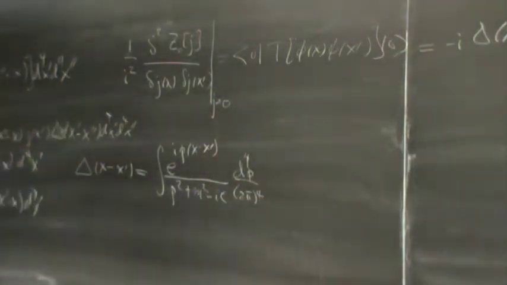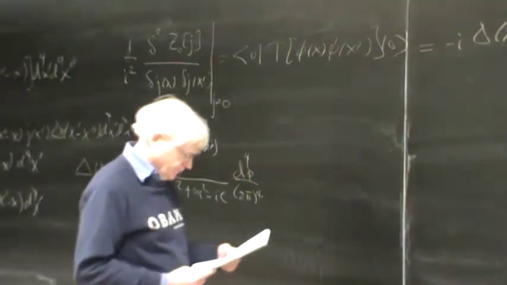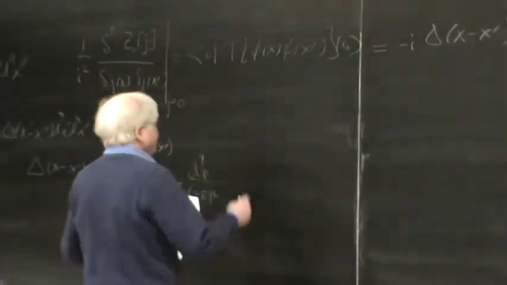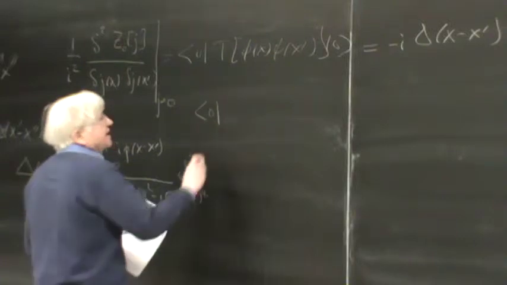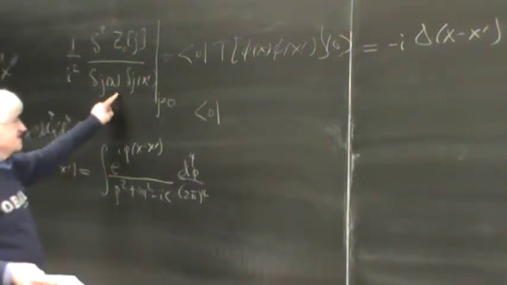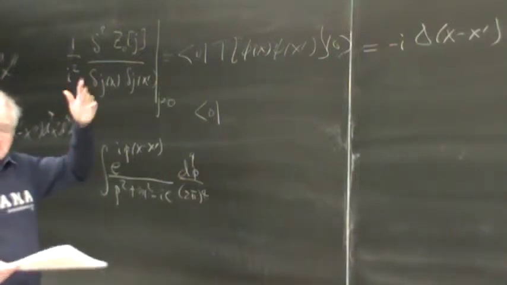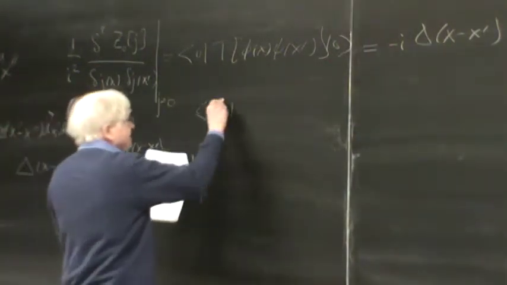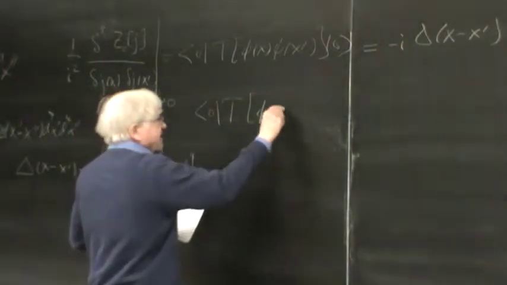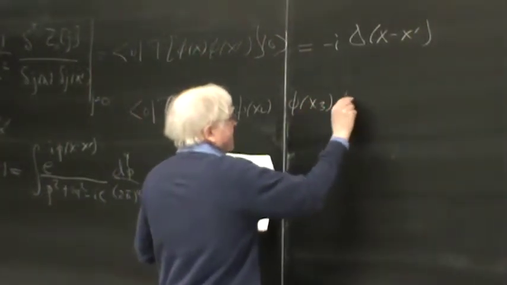So that's the formula. Okay, well, if we continue in this way, in other words, if we had written this thing down not at j equals 0, but kept j finite, we could differentiate 2 more times. And then what we would find would be that the time-ordered product of phi of x1, phi of x2, phi of x3, phi of x4